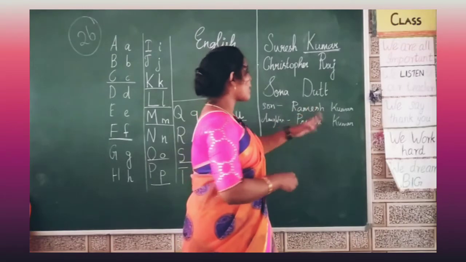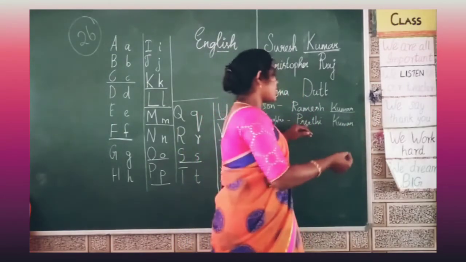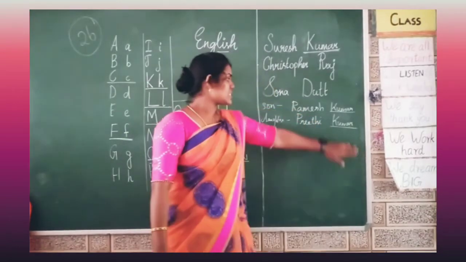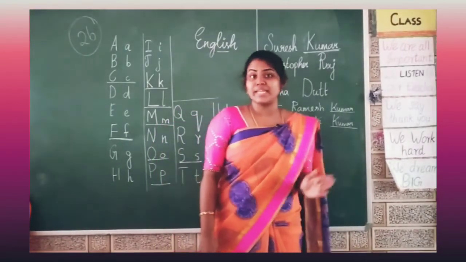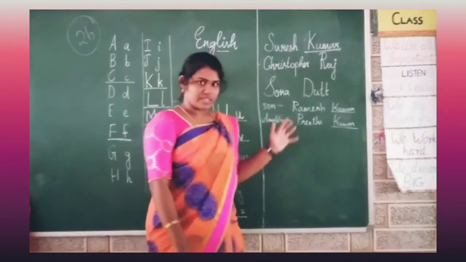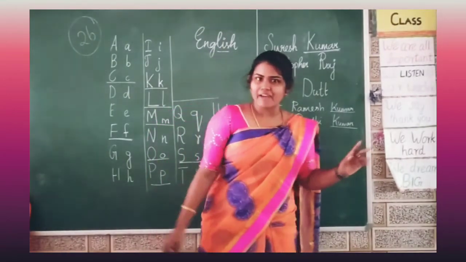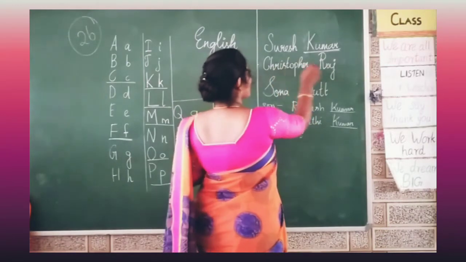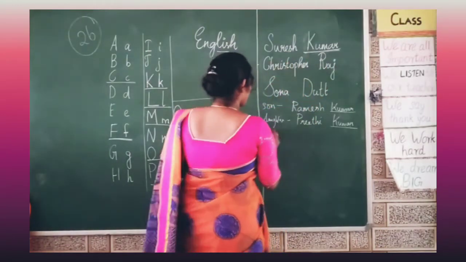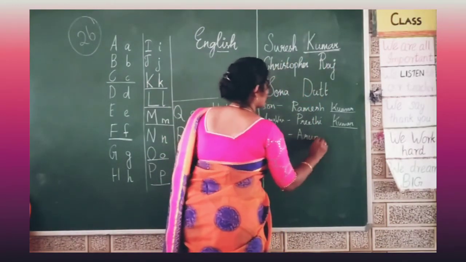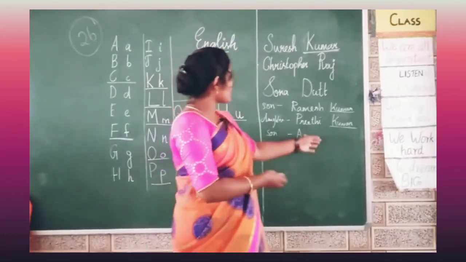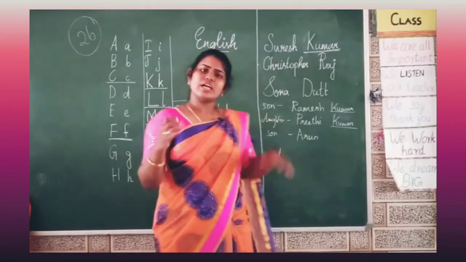And here now, Ramesh Kumar, Preeti Kumar, and this is your surname. Fine. This is your surname, your family name. That is known as surname. If you are not having a family name, that's okay. Some students have, like, Christopher Raj's son's name goes like Arun. That's all. There is no family name here. There is no surname. His name is Arun. That's even okay.